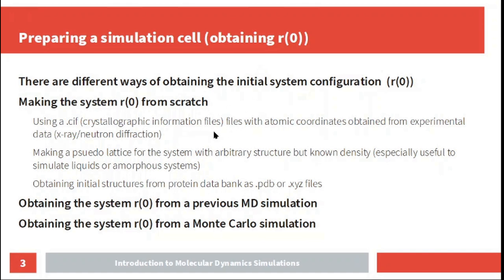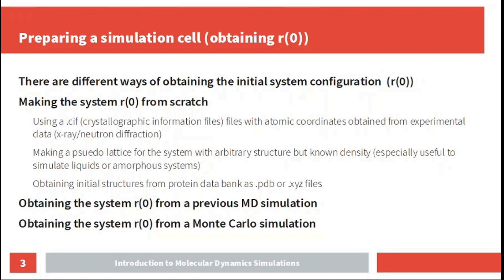Another way is to make a pseudo lattice for the system with arbitrary structure but known density. By pseudo lattice, what I mean is, for example, if you have a single crystal, it can have different types of crystal structures. But suppose you have a system, say you have water. Water might have a crystal structure. It has different structures for ice. But if you want to simulate liquid water, you can either use one of those structures, or you can make